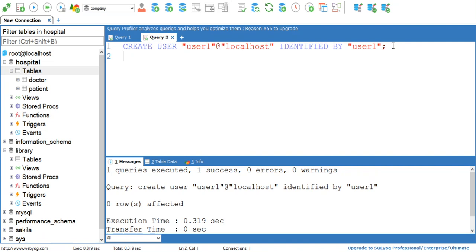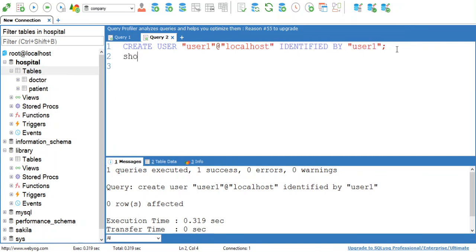Okay, and this user is created at localhost because it is a single instance which is running on my machine. If your machine is having multiple instances, then you can specify any of those instances, then your user will run on that instance only. And if you want your user to run on all the instances, then instead of localhost you can write user1@%. Means your user can work on all the hosts if you are having multiple instances.